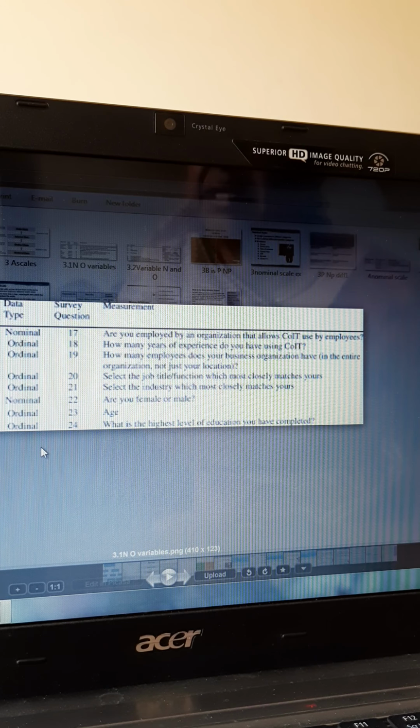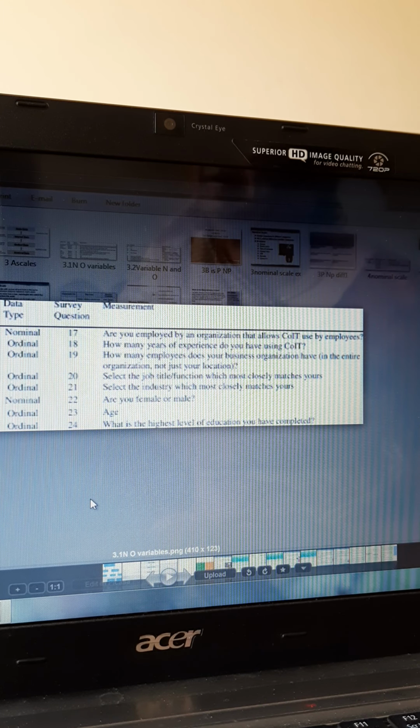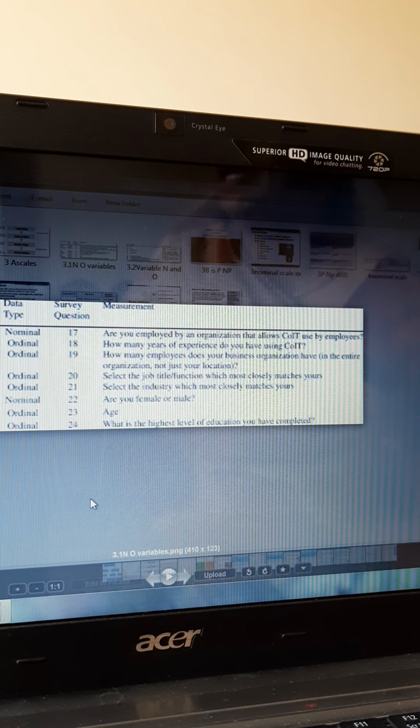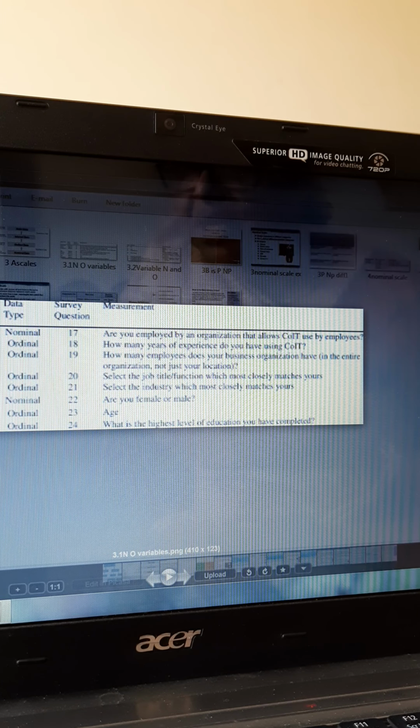Correct? Whereas for gender, male, female, it doesn't mean that because you are male your number is 1 or 2, which is higher or lower. No, there is no higher or lower. Correct? Whereas in education, there is higher and lower. If you have studied 10th standard, you tick it. Definitely you are lower than if you have studied BCom or MCom. Right? Fine.